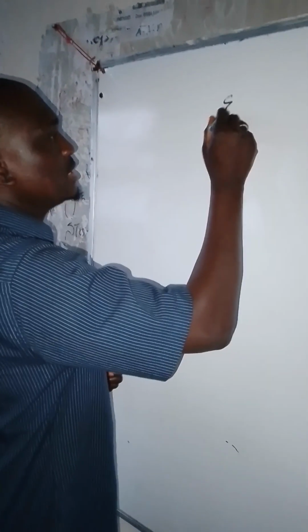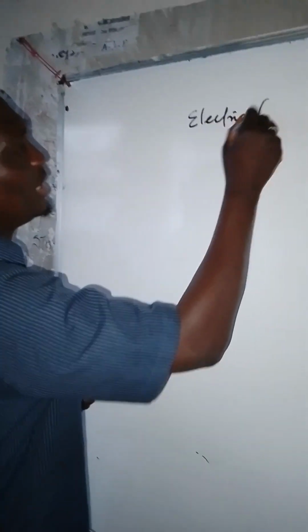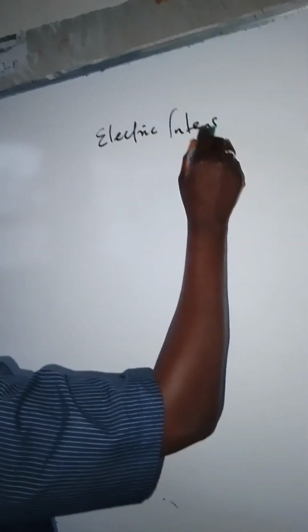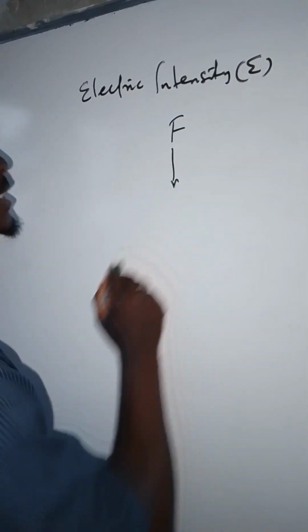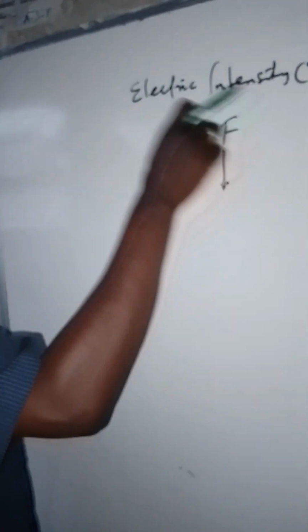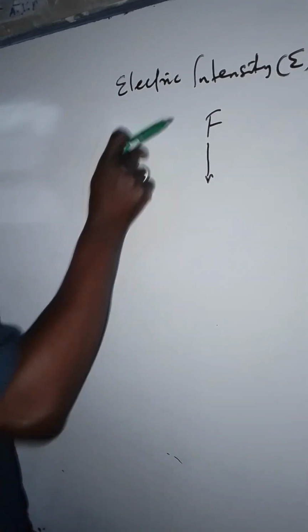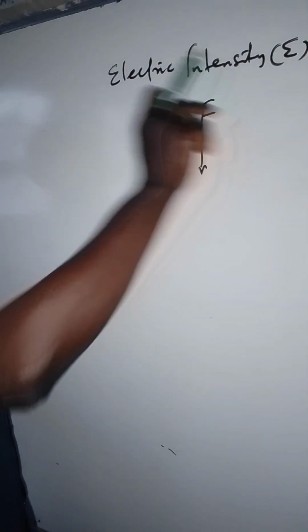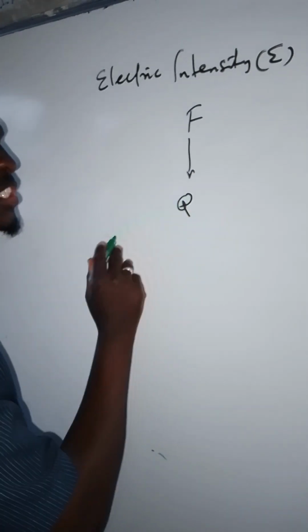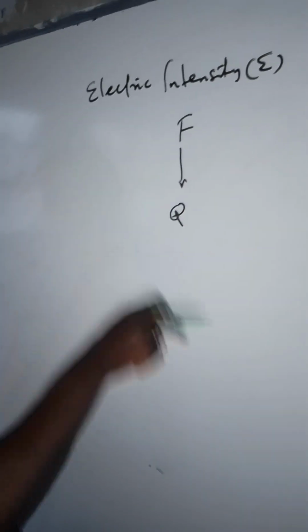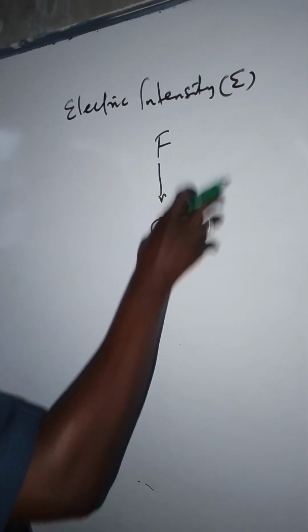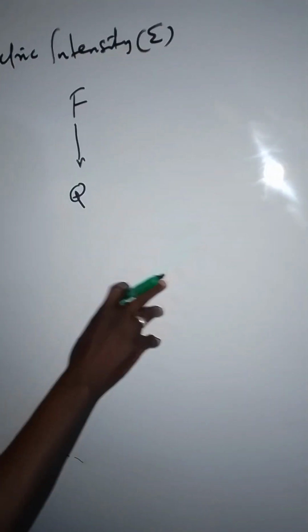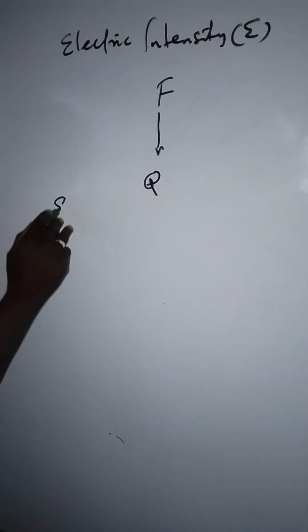The electric field intensity, which is E. Electric field intensity is defined as the force acting per unit positive charge in a given electric circuit, whereby we have E is equal to